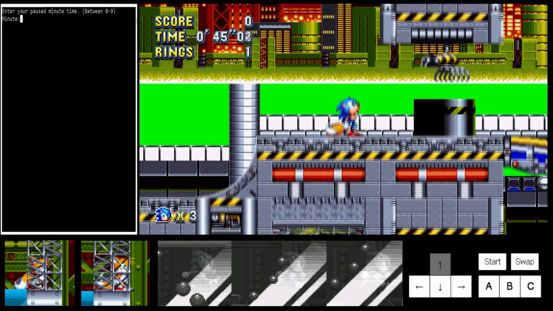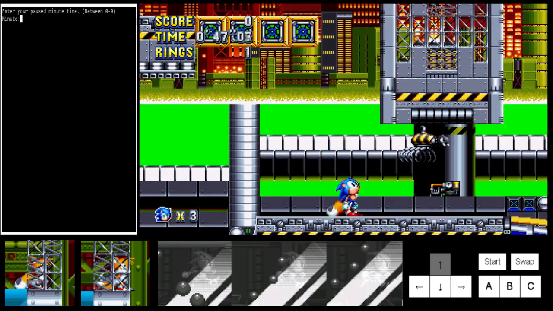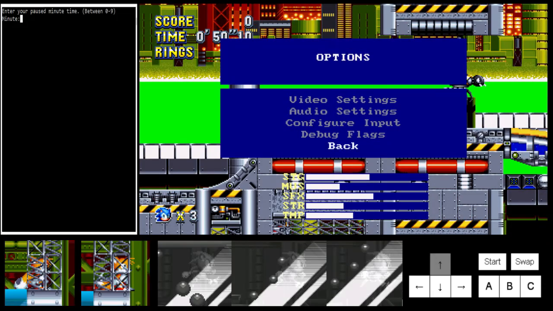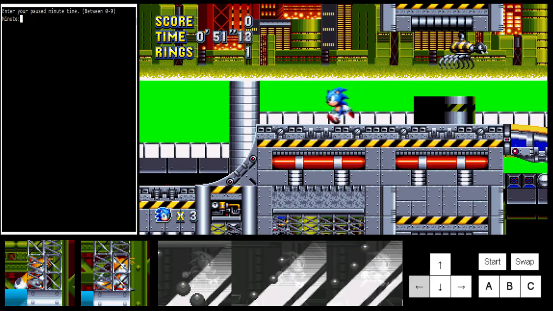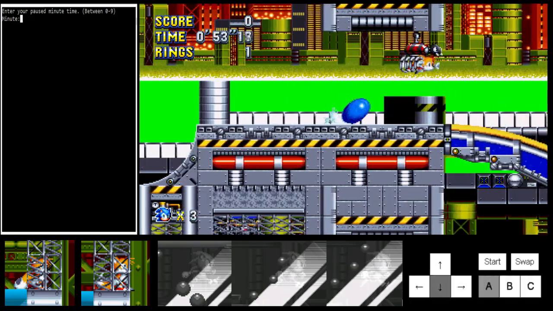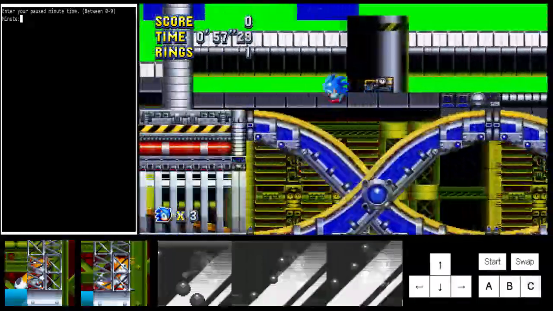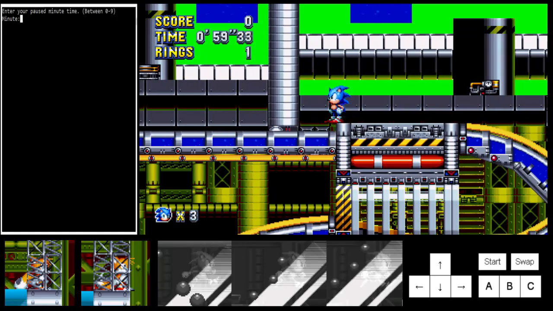So normally we would go this top path up here and do Puyo from there, but we're not going to do that. We're going to skip Puyo. Let's turn off debug mode for this. That'll be more convenient. So we take this path over here, and there is a spot where we want to manipulate Tails for a